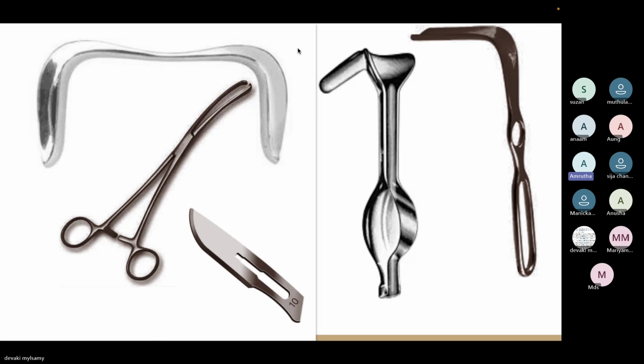Then once the vaginal epithelium is reflected, the cervix is lifted up to access the posterior vaginal epithelium, and the posterior vaginal epithelium is reflected and dissected